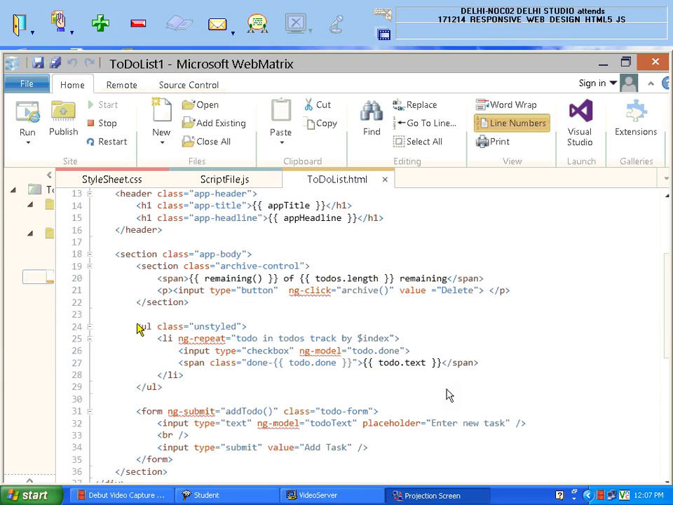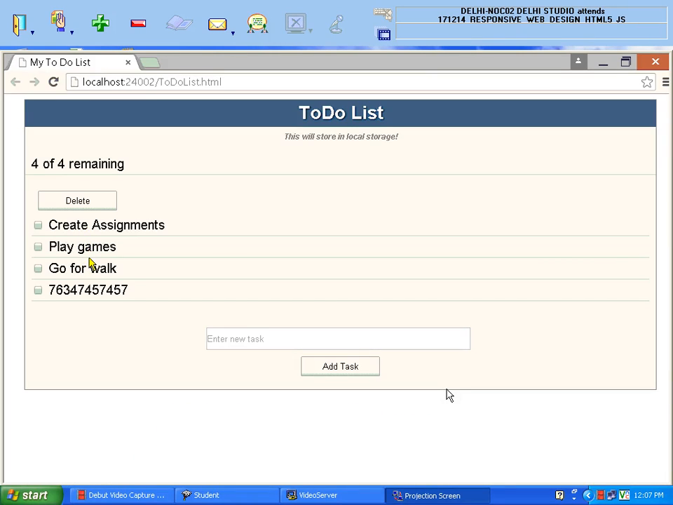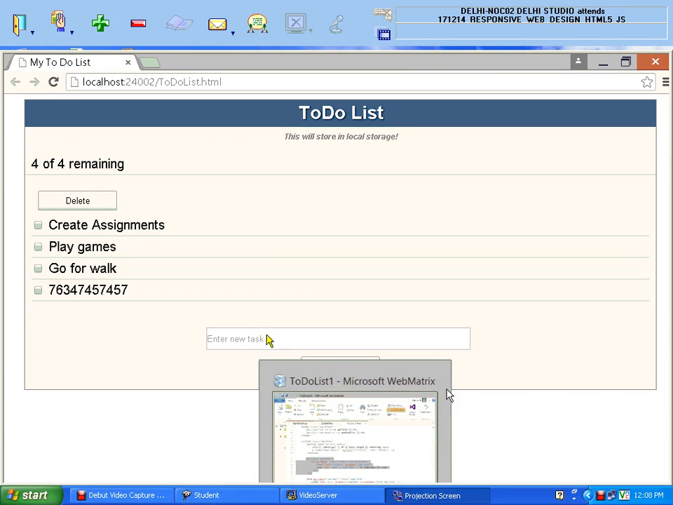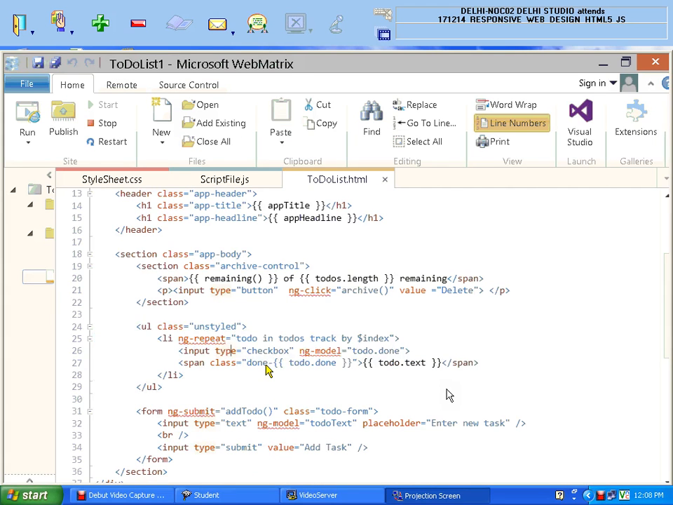Then I want to display the items on my browser here. Okay, these items I want to display, and in my coding I'm writing UL, and I'm using a class name unstyled. Then I'm coming to my li,